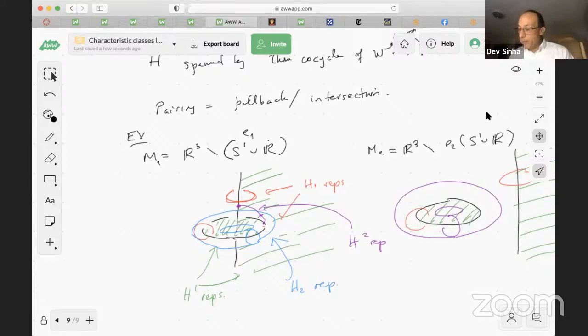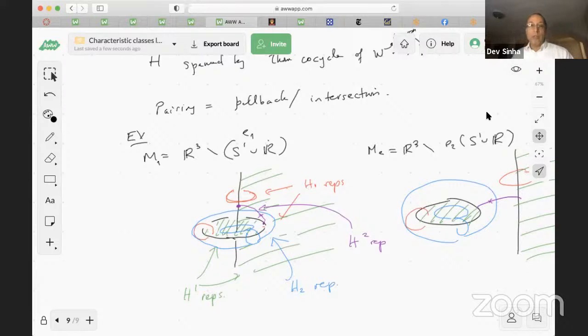And so I use the wrong color. Let me be consistent. So here's my H2 rep trying to encapsulate there. And then my H upper 2 rep is again going to go between these and again hits the torus once. So those are complete